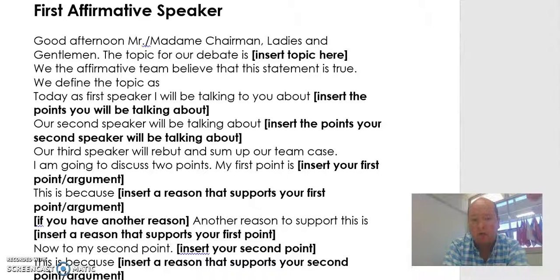So this document, which you'll find on your OneNote, basically provides a template for how you could go about organising and doing your first debate. I'm just going to talk you through the first one for the first affirmative speaker, and then point out a couple of things on the other ones, but you'll find they're very similar. I just want to show you how you can use the template. So as you can see here, right up the top,